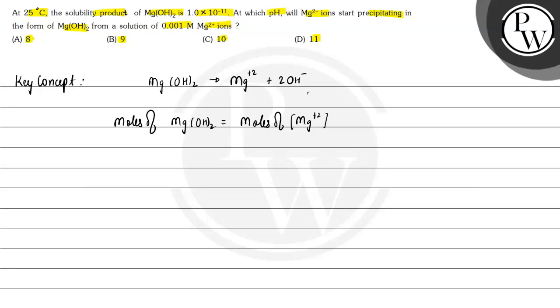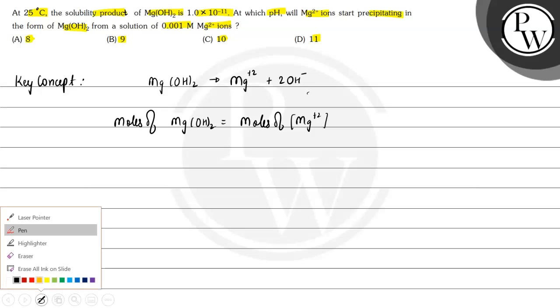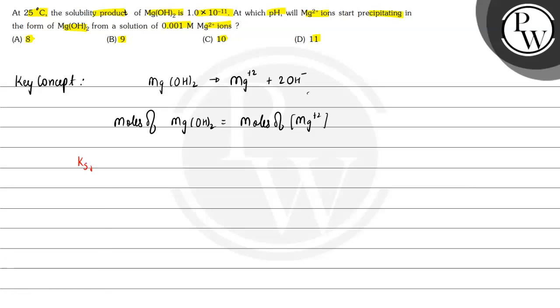For this case, the solubility product, that is the Ksp value, is given. So Ksp is equal to concentration of Mg2+ multiplied by concentration of OH- whole square. The Ksp value given is 1 × 10^-11. This is equal to, here the concentration of Mg2+ is 0.001, multiplied by the concentration of OH- whole square. So when we solve this, the concentration of OH- will be equal to